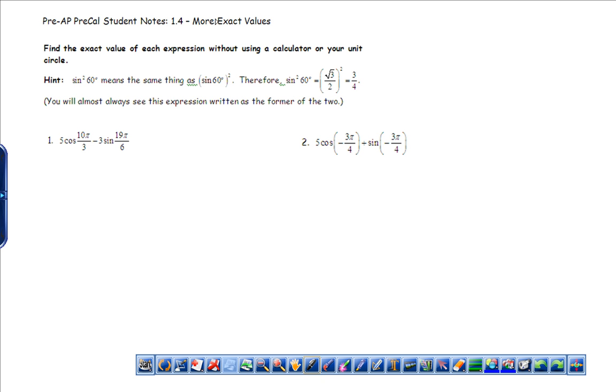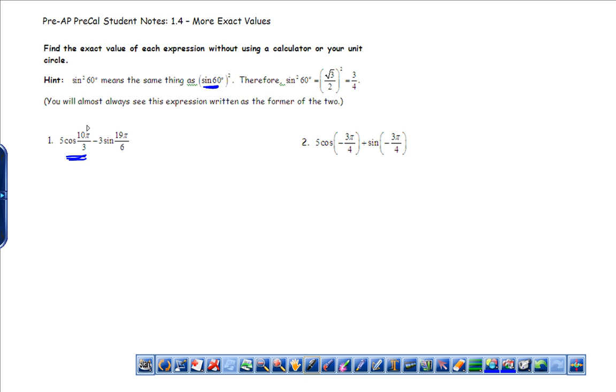Okay, this is 1.4 student notes. This is more exact values. At the top, this is showing you that if you have sine squared of 60 degrees, you can rewrite this as sine of 60 and then square it. So you can find the value of sine of 60 degrees, which is root 3 over 2, and then square it to get 3/4. So the first thing that I would do is find, on number 1, cosine of 10